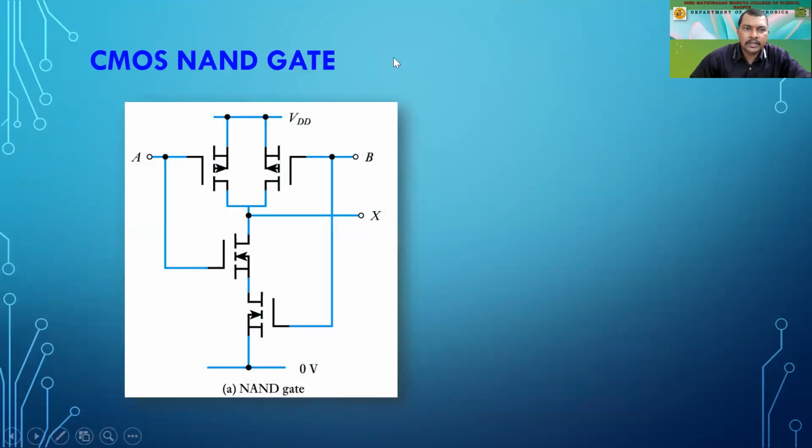Similarly, the CMOS NAND and CMOS NOR gates are in our syllabus. The CMOS NAND gate will again work in the same fashion. Now, remember, the circuits are very simple. If you understand that, we are using it again in both forms. So this is the P type, and we are having two N type over there. So we are having two on the upper portion. We are giving the gates as A and B. These are the two inputs.